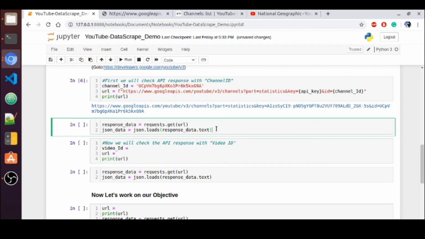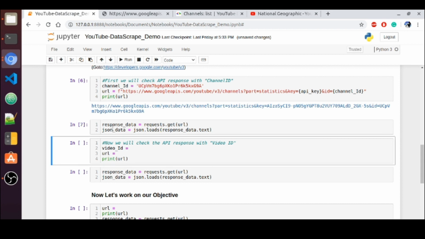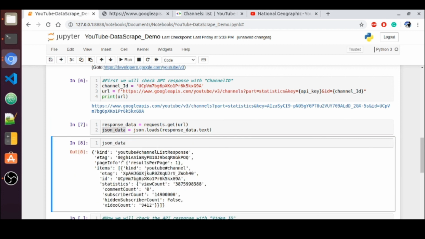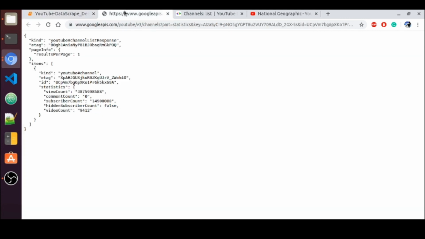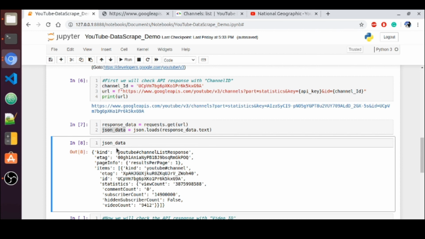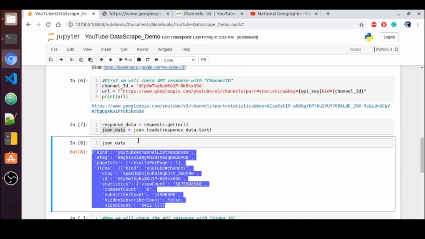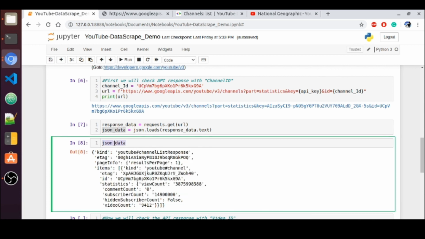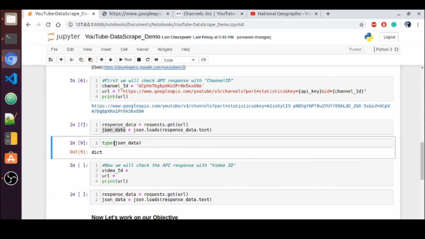Let me run this cell as well, and let me print this same thing. We can see here the same thing we have seen in the browser. The data will be the same, and again this is in Python dictionary format, I believe. Let me confirm that as well. This is a dictionary format, that's fine.